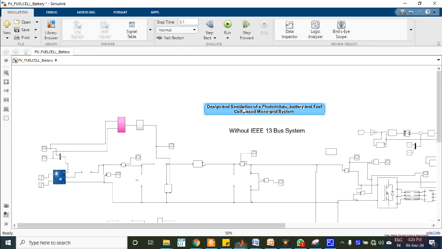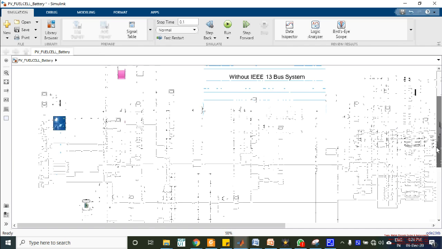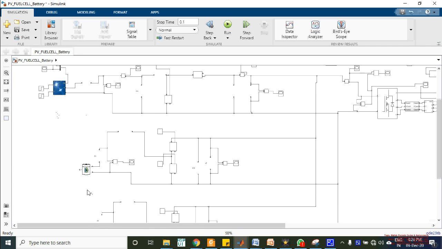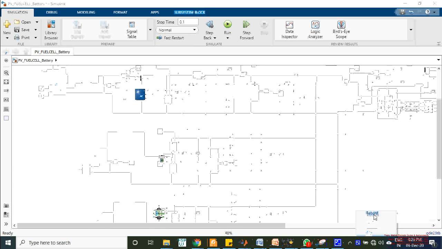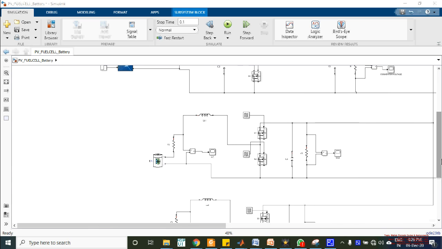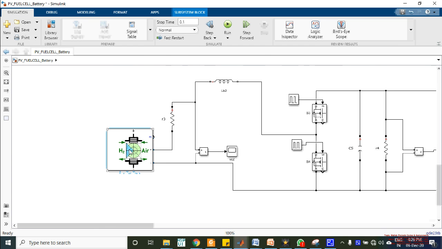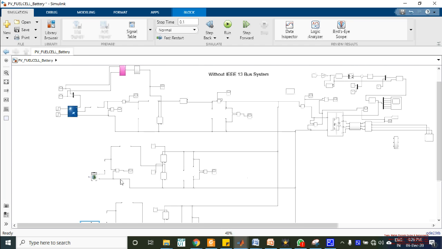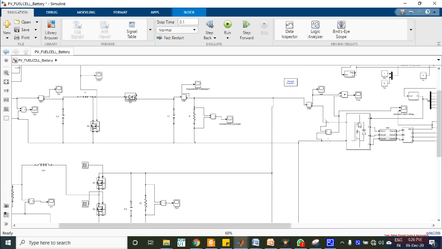This is the project that's showing the design and simulation of a PV, battery, and fuel cell based microgrid system. In this microgrid, we have used three energy sources. First one is PV, second one is battery, and third one is fuel cell. And these three renewable energy sources are connected with a common DC bus, and the common DC voltage is connected